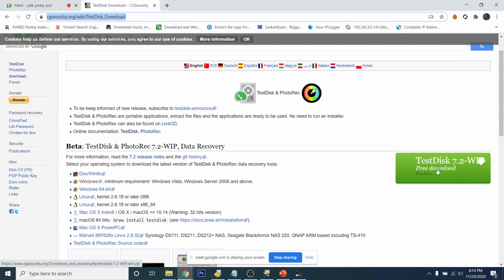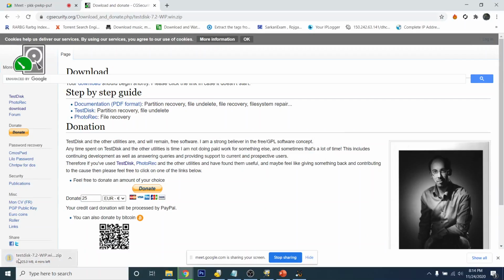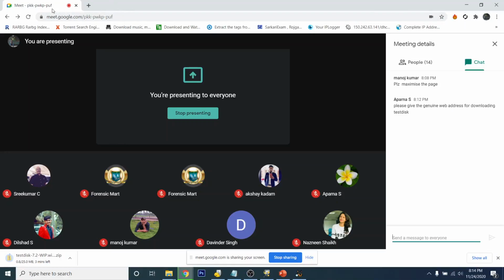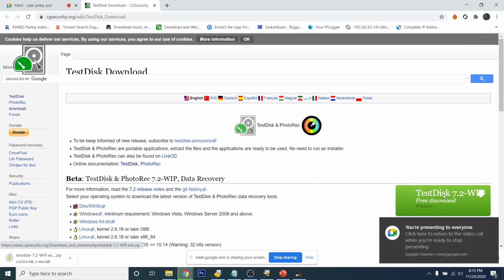Yes, you just have to click on this green button and the downloading has started. I have provided the link. Just click on the link and click on this green button.